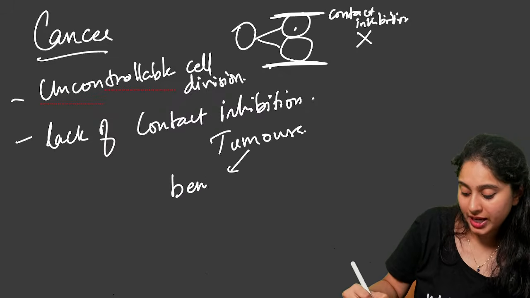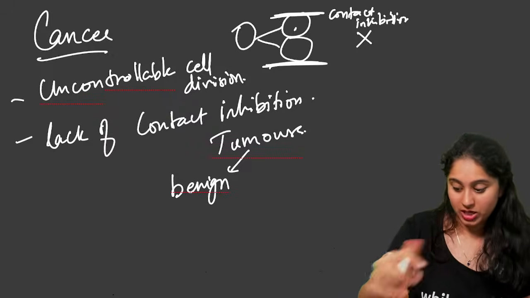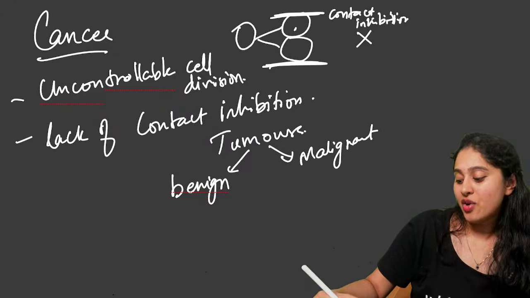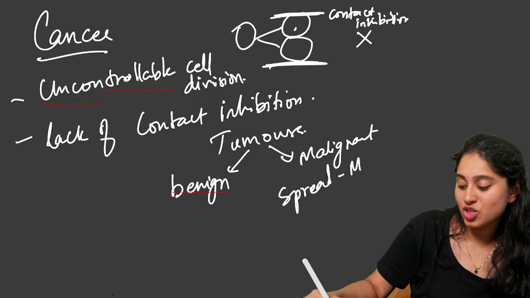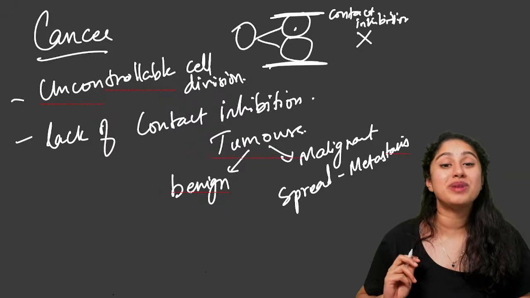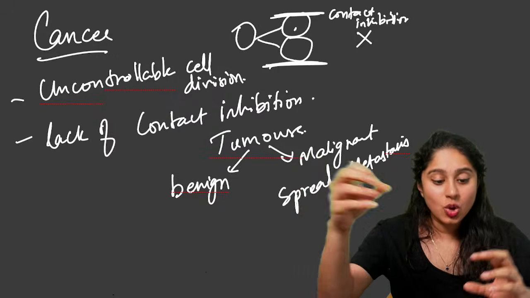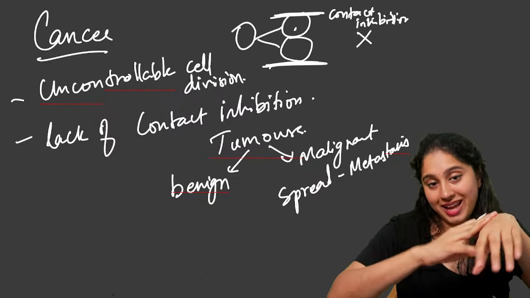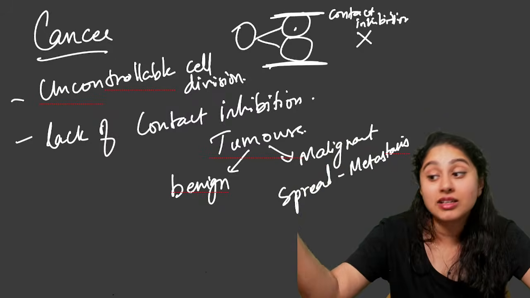One is a benign tumor, which is not dangerous, it is not cancerous, it will be where it is only. But the other one is a malignant tumor where it will spread. So this quality of spreading is what we call as metastasis. Through the process of metastasis, it's going to break off from one place and go. So I have a cancer tumor here, but these cells from my hand can go to my legs, can go to my stomach, can go to my brain, can go anywhere in the system.